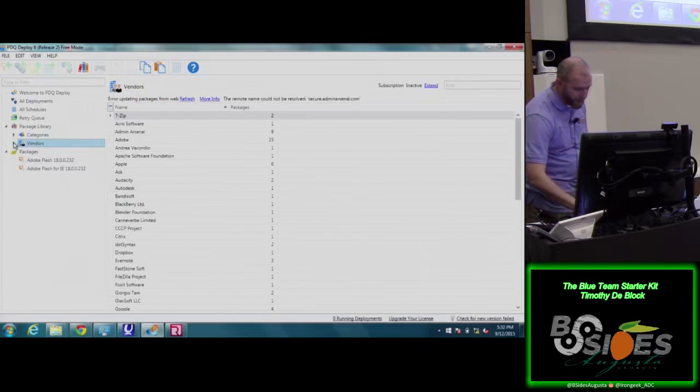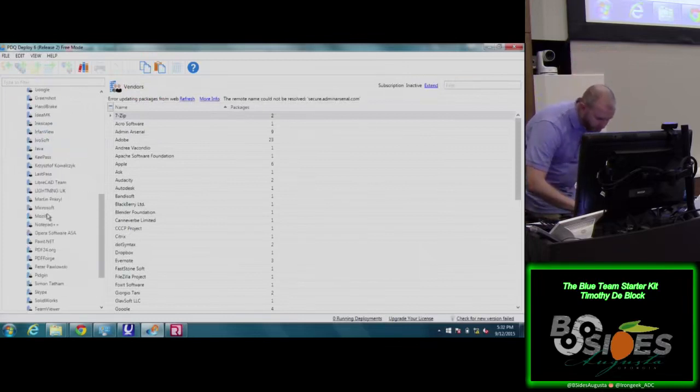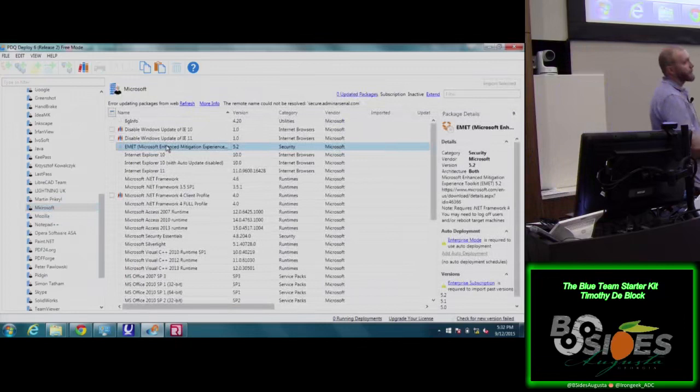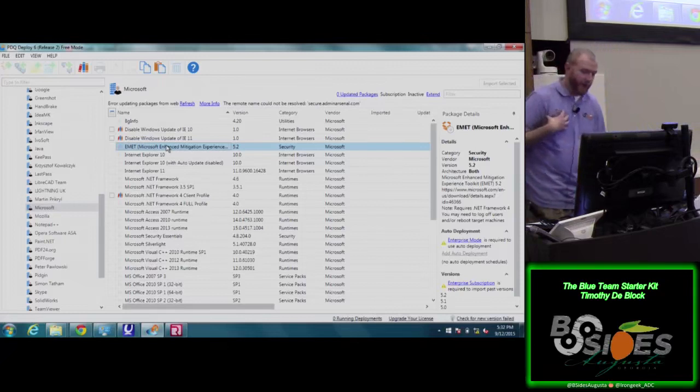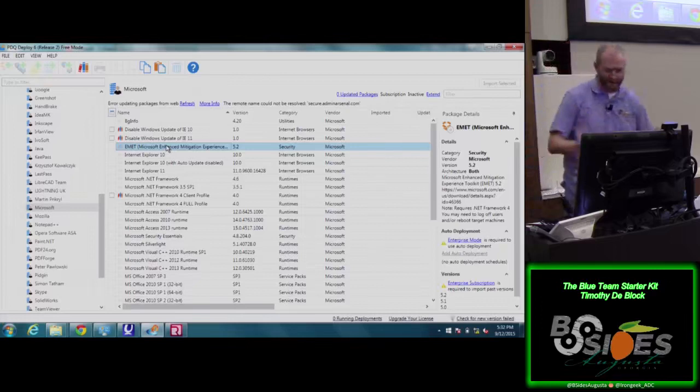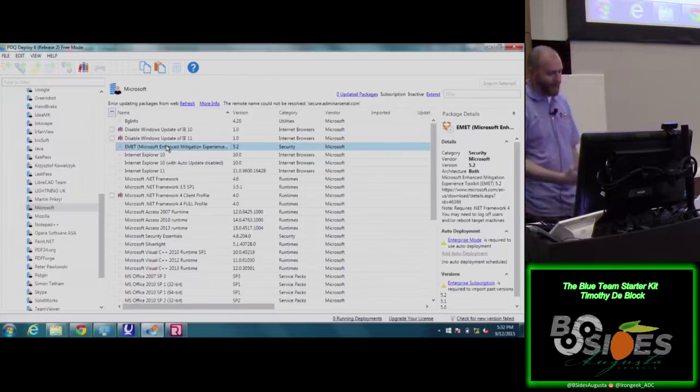The other cool thing about this is that it does have Microsoft stuff. And oh look, there's Emmet 5.2 right there. This is what I used initially to push out Emmet 4.0. I also used it to push out Emmet 5.2 when I broke those developers' machines. That was probably more my fault for not testing thoroughly, because I tested it fine on the three machines I had, and it worked just fine. But Emmet seems to, if the machine's unique, have a little bit of an issue. For instance, on this machine, now that I've installed Emmet, I can't for whatever reason launch the app, which is a little weird.